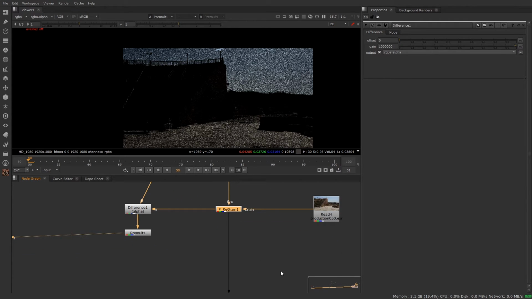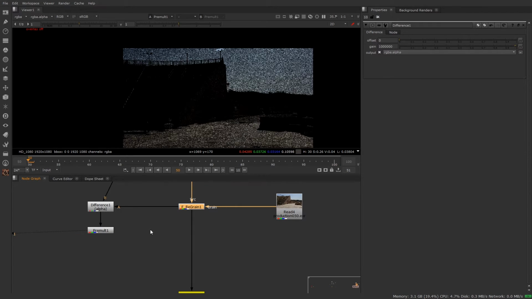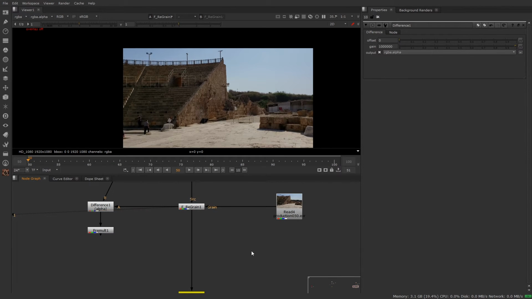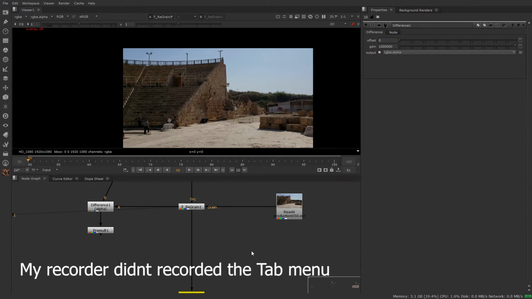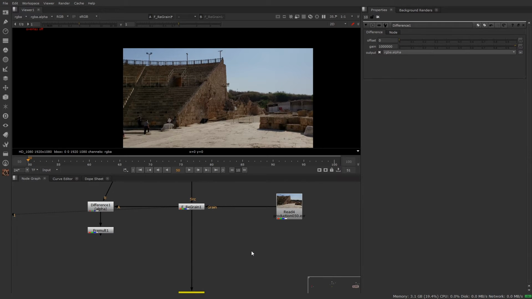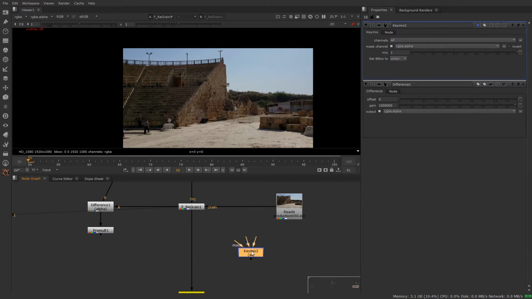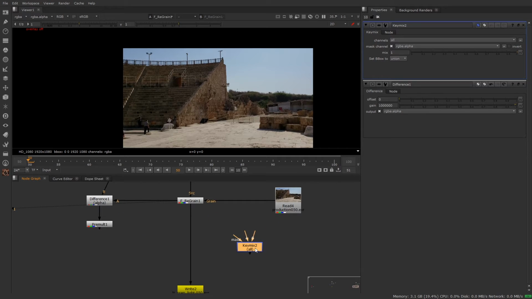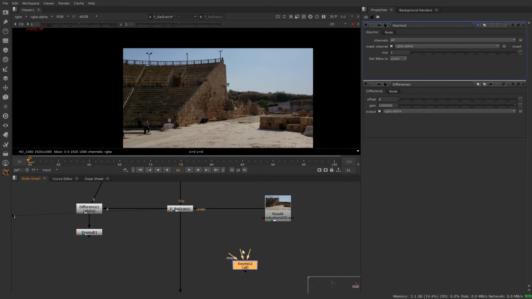So now let's see how to use the Keymix node. Press 1 over here on the Regrain, hit tab, type Keymix and press enter. So here we have the Keymix again. As I told you previously, A will be connected to our foreground. FRegrain is our final result, so we will connect the A input to our FRegrain and the B input to our input plate.